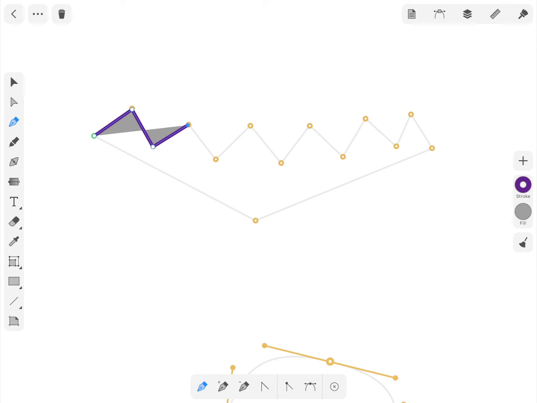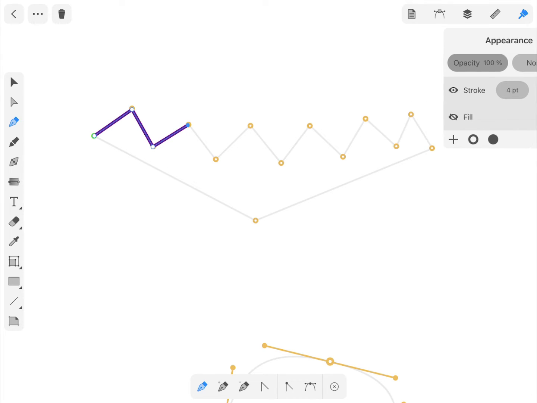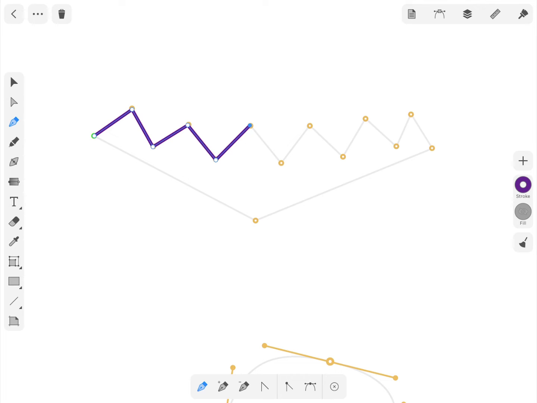As you may notice, the area between the lines is filled with color. It happens if the line has the Fill option enabled in the Appearance panel. Tap on the eye icon to disable the fill. Add new points until you reach the penultimate point. To close the path, we need to connect this point with the first one. Just tap on the initial point to close the path.